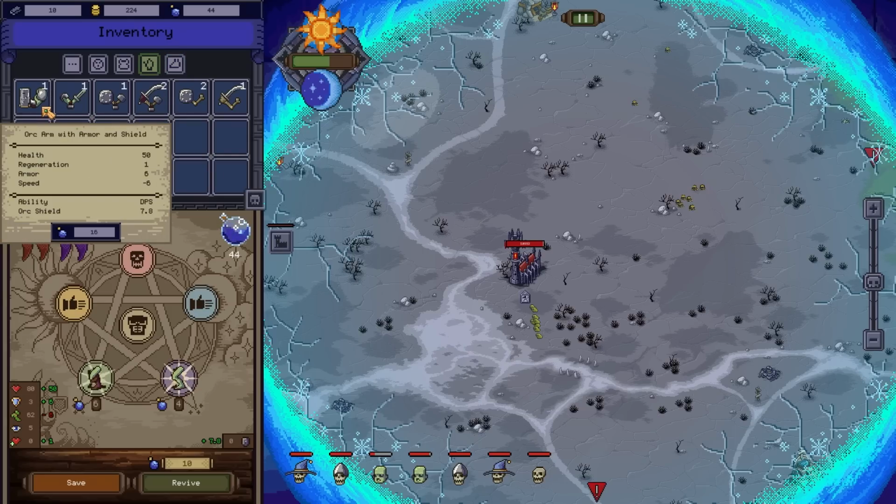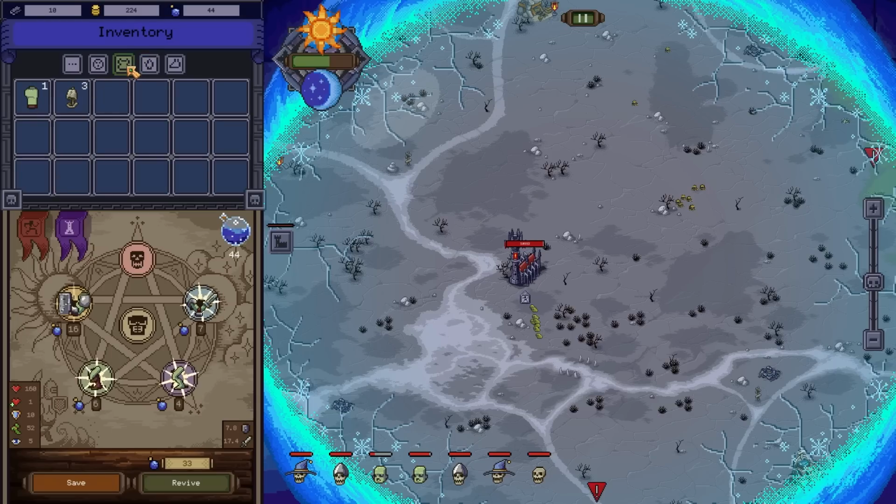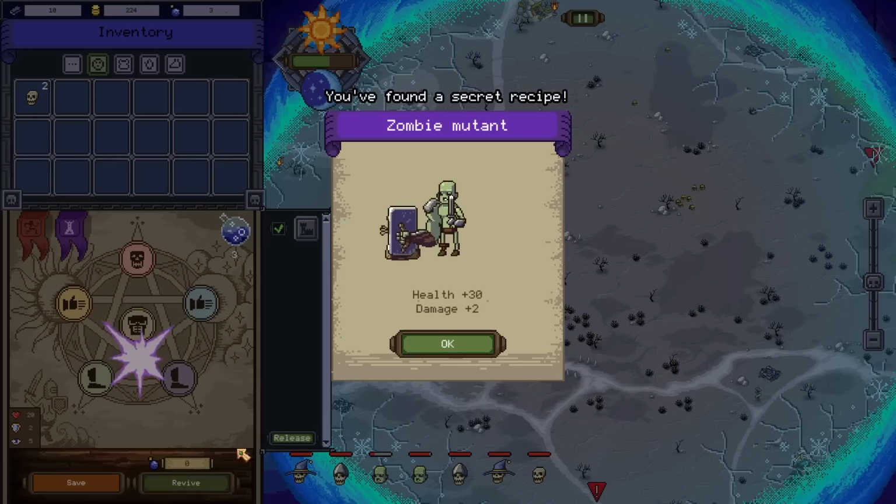Now, we've got an orc arm with armor and shield. This one has regeneration, which is going to be fantastic. So let's get you down there. Orc shield is the ability. We're going to go... Well, we don't really have any range. I prefer having some range, but this will do. That is quite an expensive...